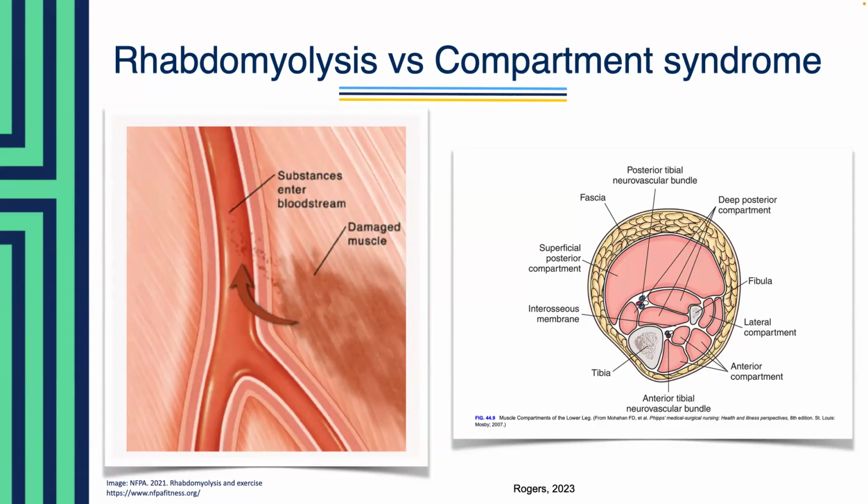Versus the other end, we talk about compartment syndrome, which is the result of that increased pressure within the closed osteofascial muscle compartment, which restricts the blood flow and leads to ischemia and that tissue damage. Now, the increased pressure can result from bleeding, edema, or external compression that compromises the limited space within the non-expandable fascia of the boundaries surrounding the muscle group.